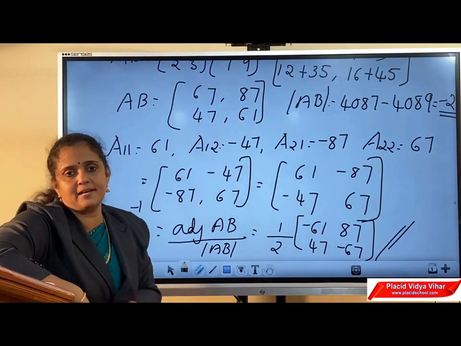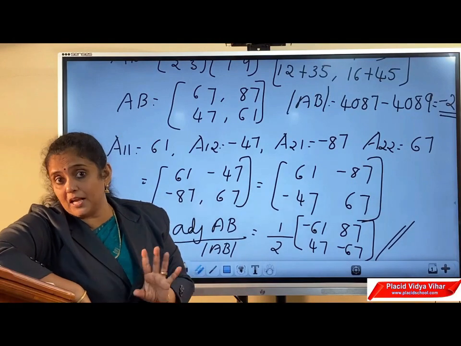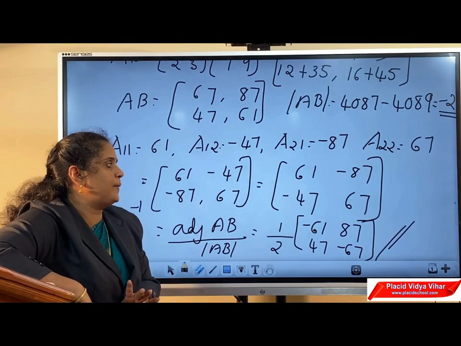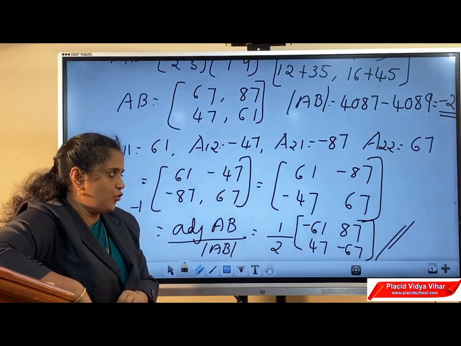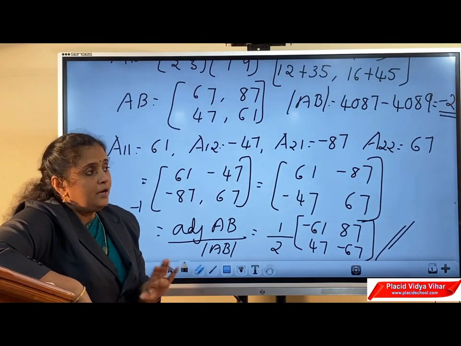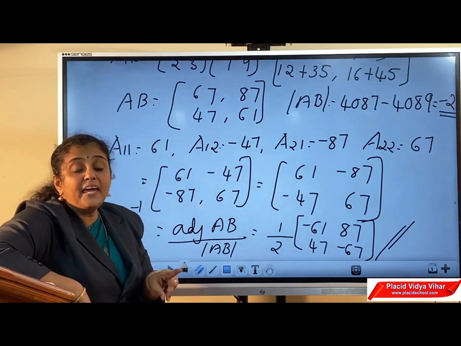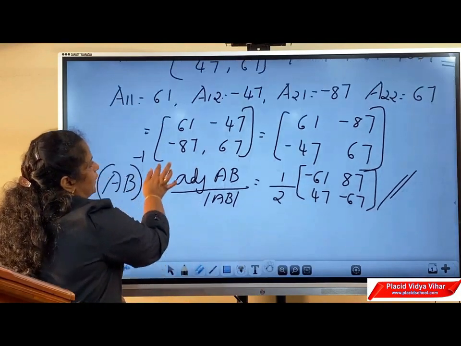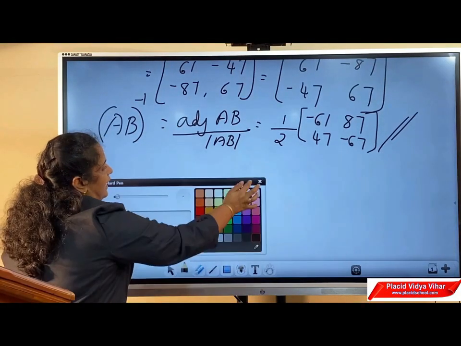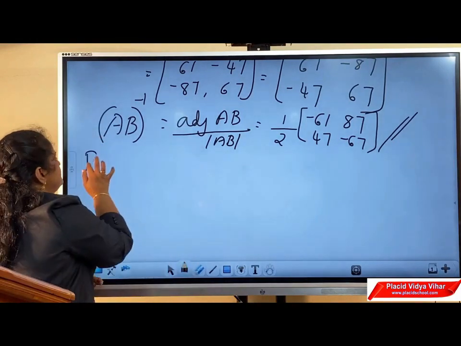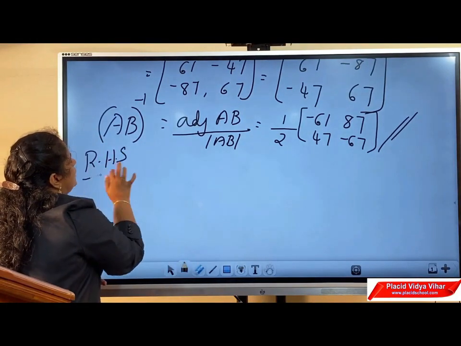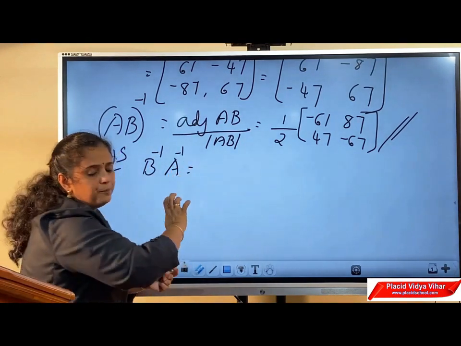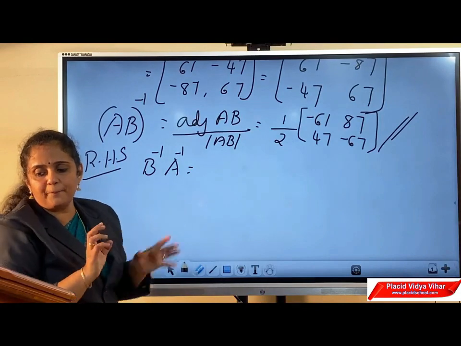Then that is the left hand side. This question is verification. Do the left hand side and right hand side. Left hand side we got the answer 1 by 2 into minus 61, 87, 47, minus 67. The right hand side also, B inverse into A inverse. That also we can find out. We already got B inverse and A inverse. Then RHS, that is B inverse A inverse is equal to, the B inverse is 1 by 2 into